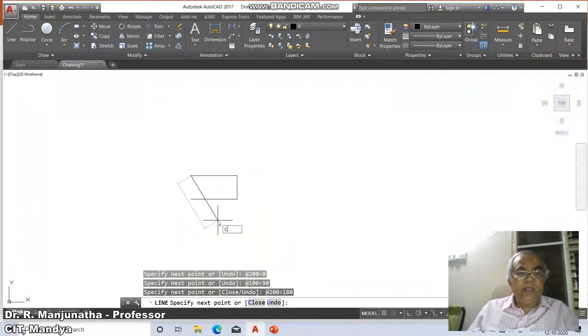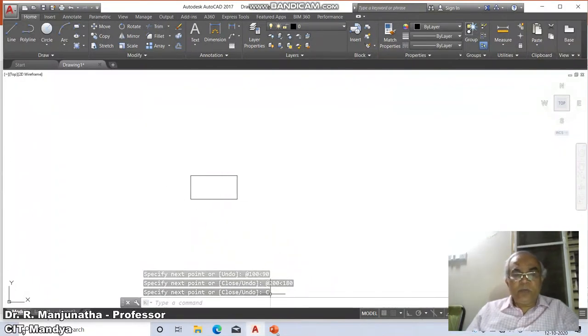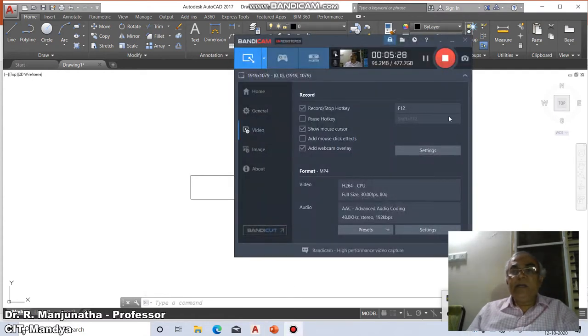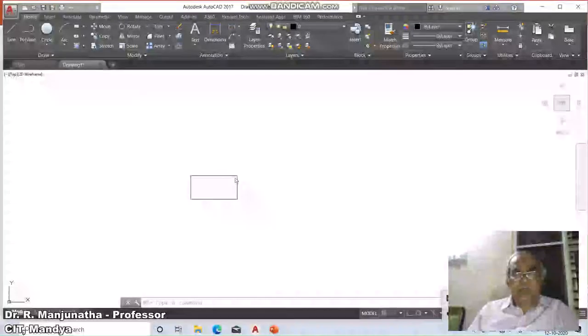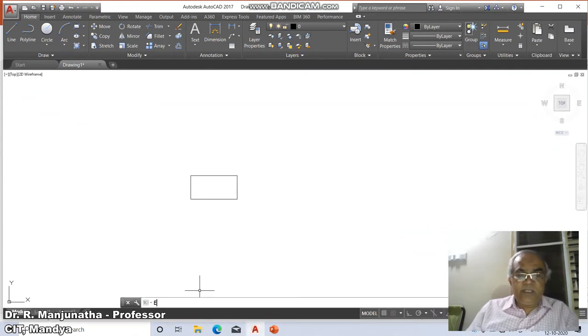You just type C. So what it does is not only closes the sketch, but also comes out of the command prompt. So this is how we can create a rectangle by using the relative polar coordinate system. So the advantage being here, either we can draw the horizontal line or the vertical line. The horizontal line and the vertical line can be drawn by using absolute, by using relative, and also by using relative polar. To erase this, command E, select objects, all, enter.